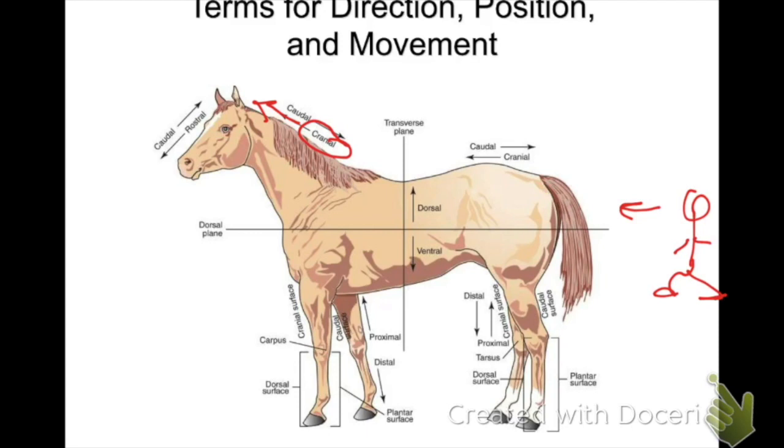So that starts there. That gives us two of the terms, cranial and caudal. Caudal meaning towards the tail, cranial meaning towards the head. When we get to the head, within the head itself, there is a special term, because towards the head is cranial. So once we get to the head, we have a different term, which means going away from the tail,